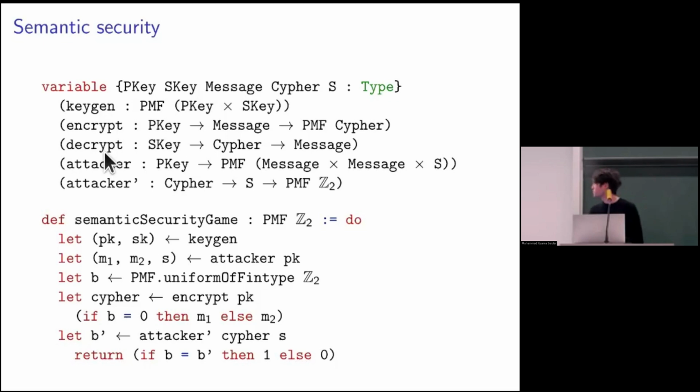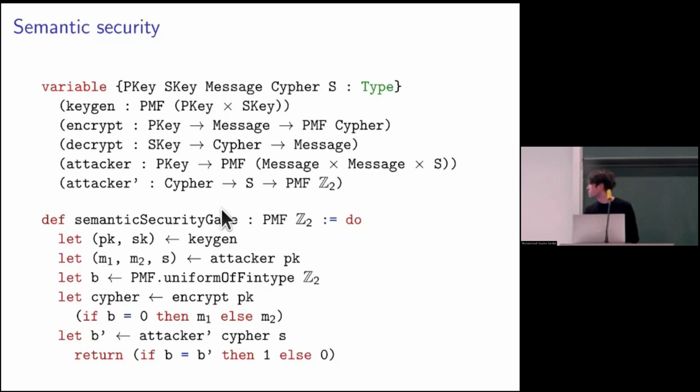Then we have an attacker here, which is a function whose type resembles the pen and paper description. And so it takes the public key and produces two messages. And this is the first step, and then it takes a cipher and outputs a random bit. So 0 or 1 with a probability distribution. And then we can define this,